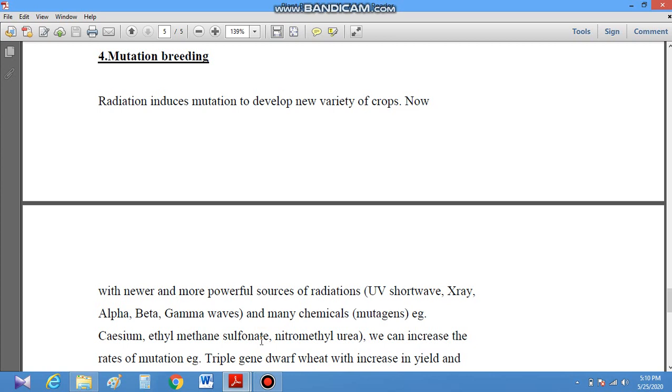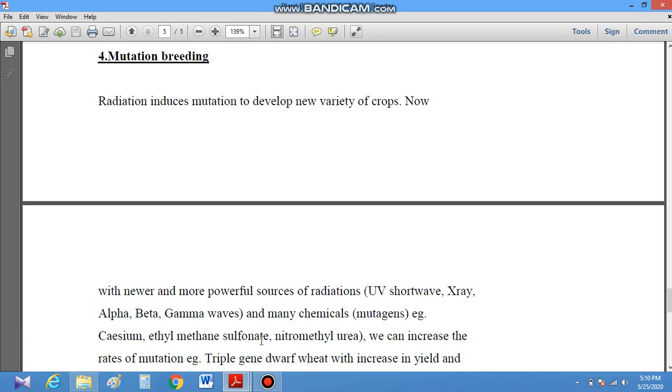According to that, we make the genetic makeup of the male and female plant, and after doing this, we select male and female plants of desirable character, and then we make a cross between them and create hybridization.